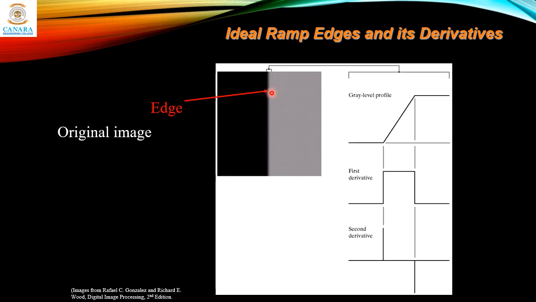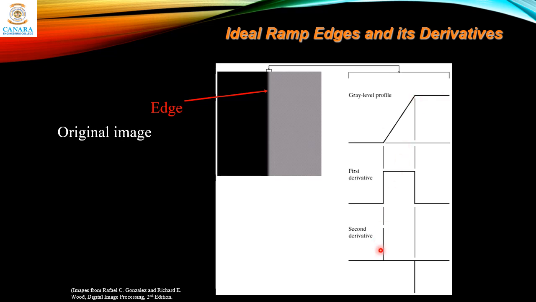If you have a ramp edge like this one, and you zoom in, the profile varies slowly from low to high, and this is the intensity profile. Now, if you apply the first derivative on this profile, this will be the response. Just recall the concept that we learned in the second module. This is the first derivative response, and if you apply the second derivative, this will be the response. The first derivative changes its value at the onset of the ramp, and it comes back to the original level at the termination of the ramp. So it is flat after this.